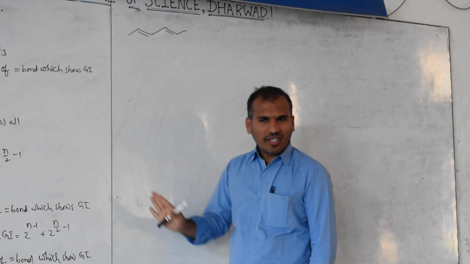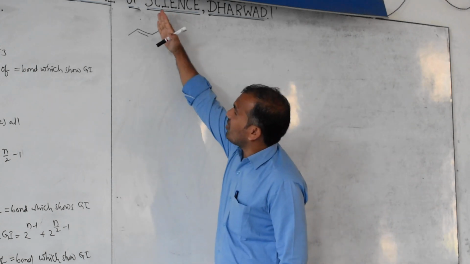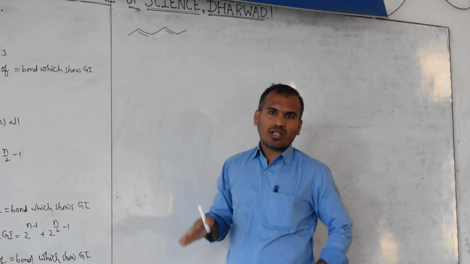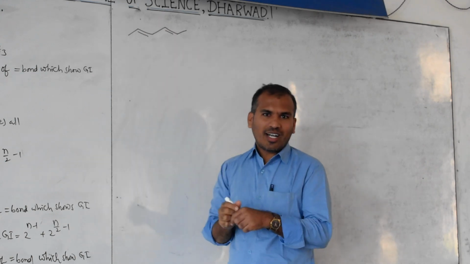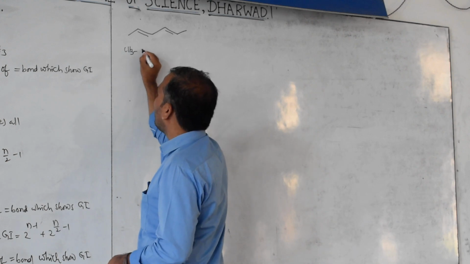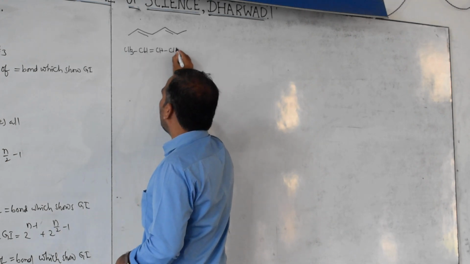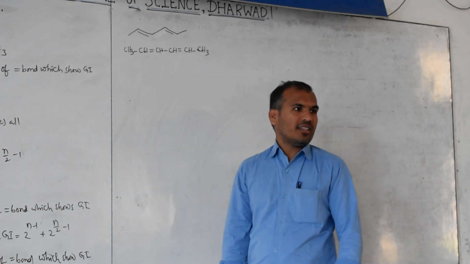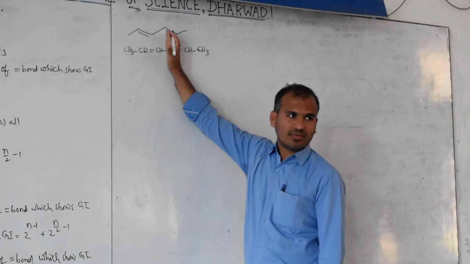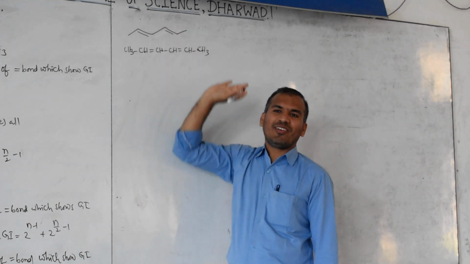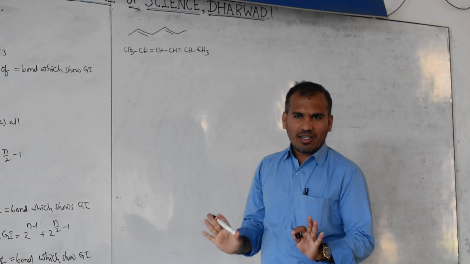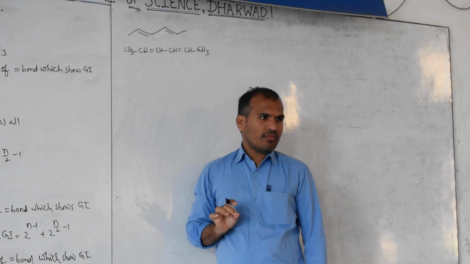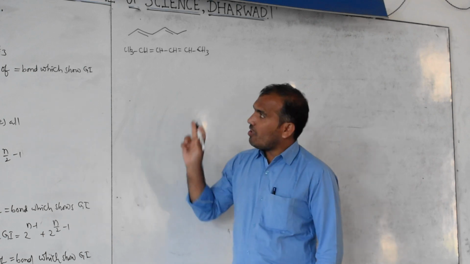Now then, come on. Symmetrical or unsymmetrical? Cut this molecule at the double bond: CH3, CH3, same, is it? Symmetrical. Don't consider that this is down and this is up. If you write normally, it is CH3, CH, double bond, CH, CH, double bond, CH, CH3. If it is like this, what do you think? Symmetrical, or if you cut like this? Symmetrical. Now I represent it in one line notation. Okay. Now tell me, will these both double bonds show geometrical isomerism? Shows or no? Yes. Then, even number or odd number?